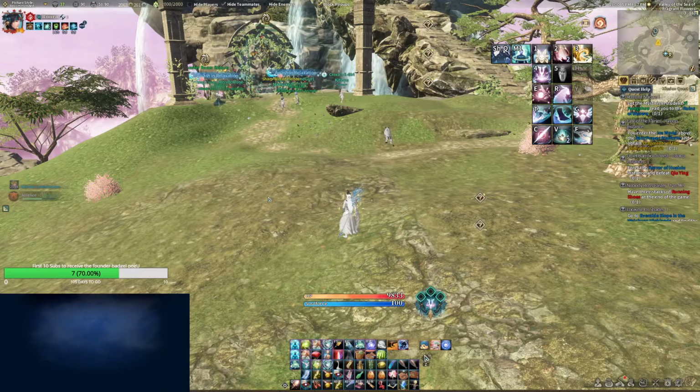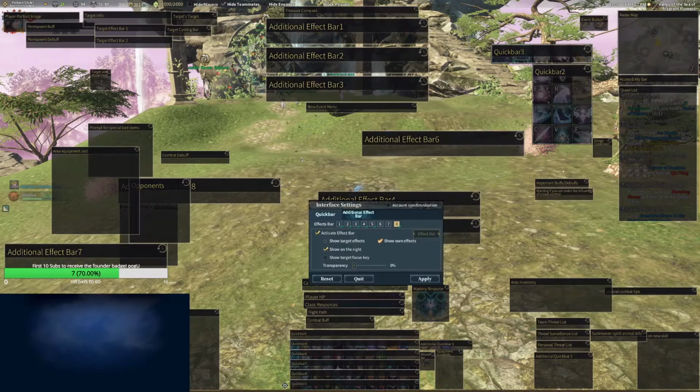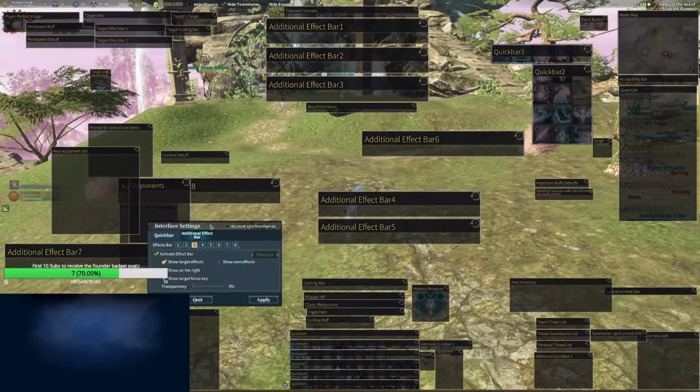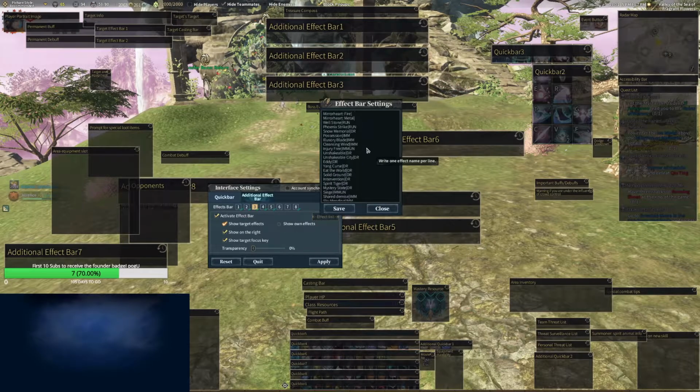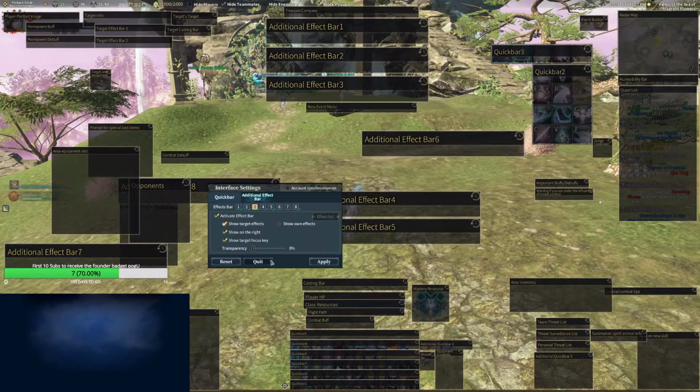So if something pops, if I have a very dangerous debuff, I have it right here. And yeah, that's pretty much it. Now you only need an effect list basically, and the rest is explained, I guess. For the effect bar, you can also use this stripe, I don't know how you call it. And after the stripe, then you can type something in, and that means, let me show you actually, because